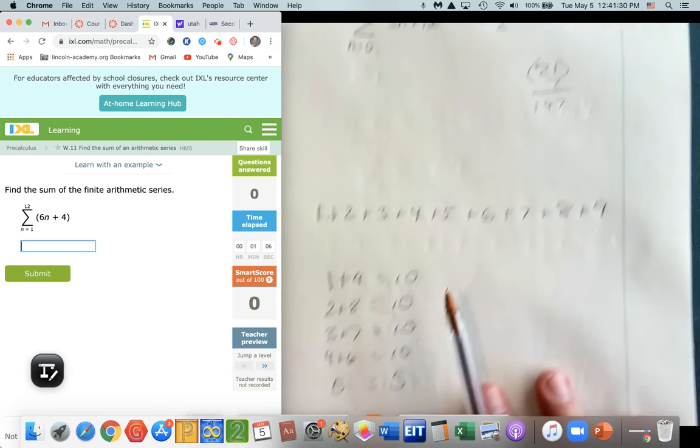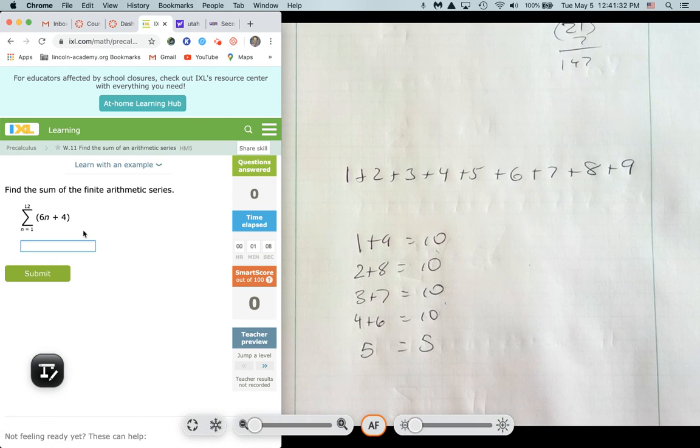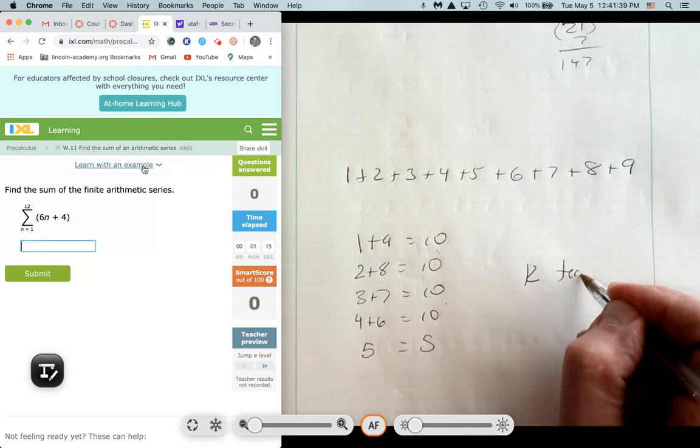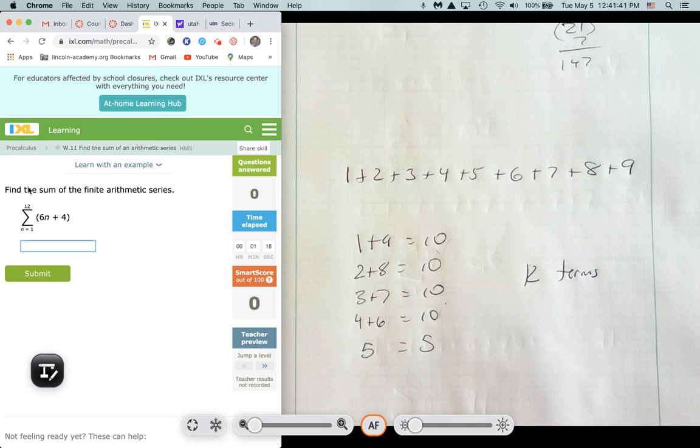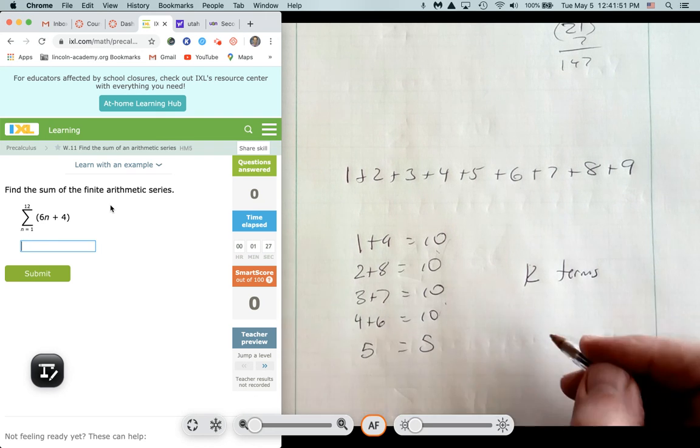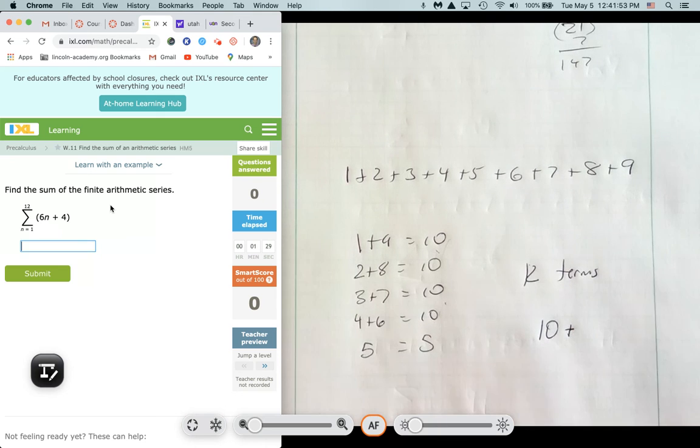So for this one, on this worksheet on the Excel here, the first thing I'm going to do is realize how many terms are there. There are 12 terms in this sequence. Now, if I plug in a 1, what's my first term? 6 times 1 is 6, plus 4 is 10. My first term is 10. I'm going to add that to my last term. Well, my last term is when I plug in a 12. So 6 times 12 is going to be 72. 72 plus 4 is